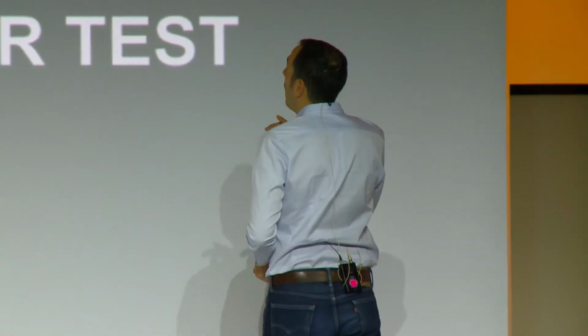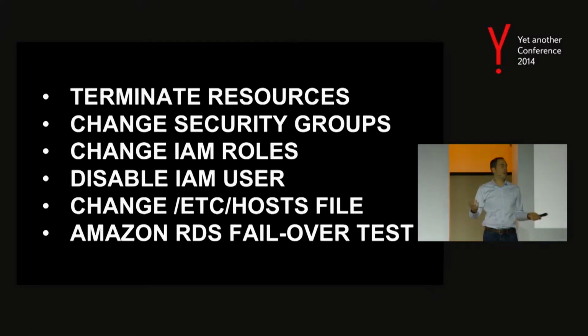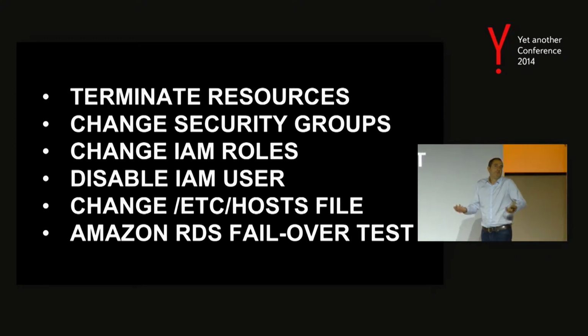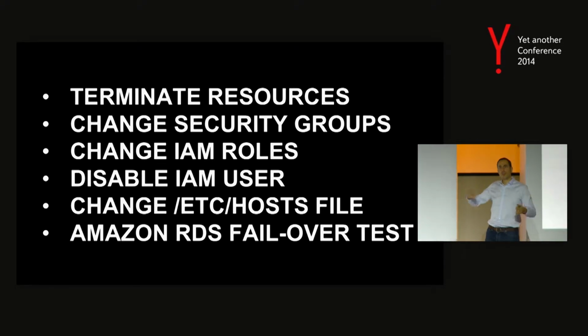So, a couple of techniques. The obvious one, I mean, you're running on AWS, you connect to the console, you shut down the load balancers, or you shut down the application servers, you destroy a couple of nodes, a couple of EBS volumes, virtual hard drives, and so on, and just let's see what happens, right? So, I mean, there's many different ways to do it. So terminate is obviously the harsh one. You can modify security groups, which is the equivalent of